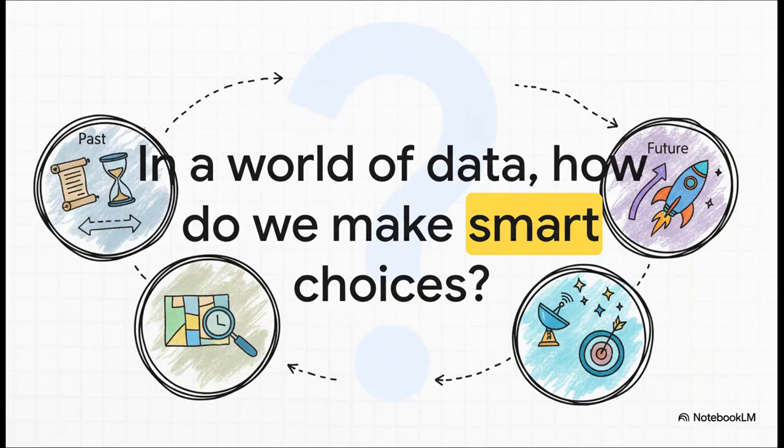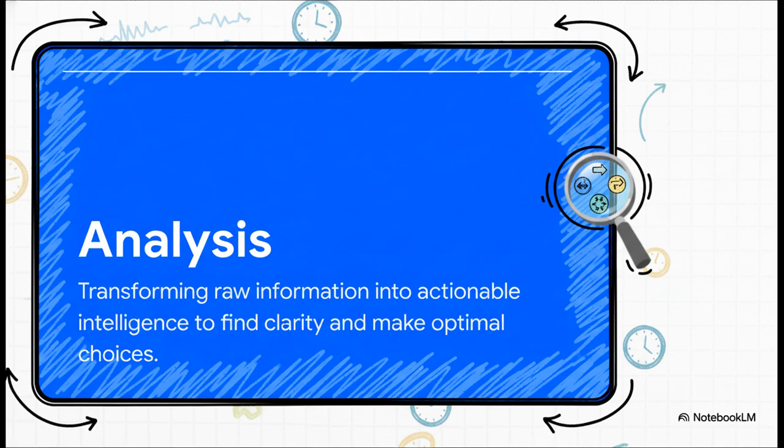You know, it's probably one of the biggest challenges any of us face today. We are swimming in information, right? But more data doesn't automatically mean better decisions. So the real question is, how do you cut through all that noise to find what really matters? The answer is analysis. And yeah, I know, that sounds super academic. I mean, look at this slide. It calls it epistemic machinery. But really, all it is, it's the engine we use to turn messy, raw information into something useful, into actual intelligence that helps us make the best possible choice.